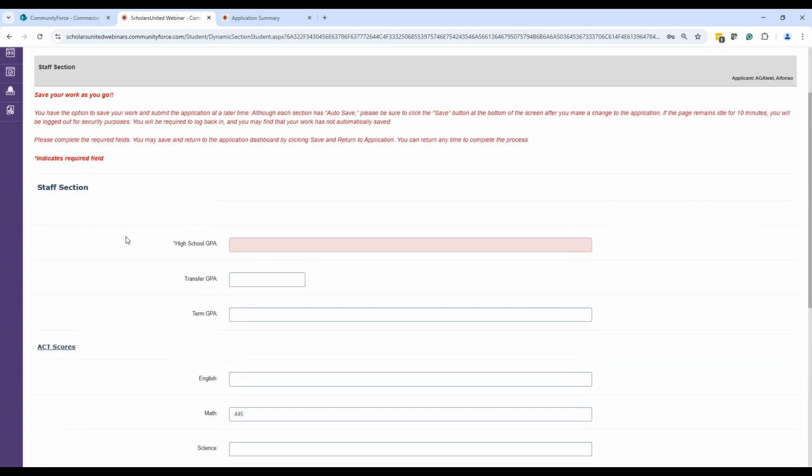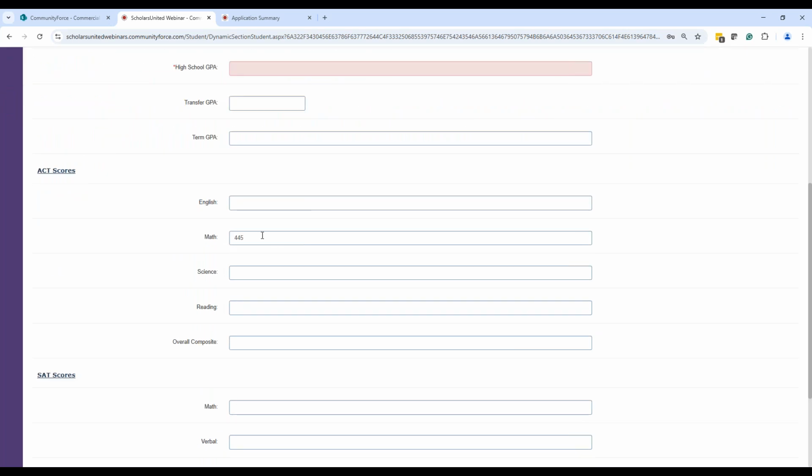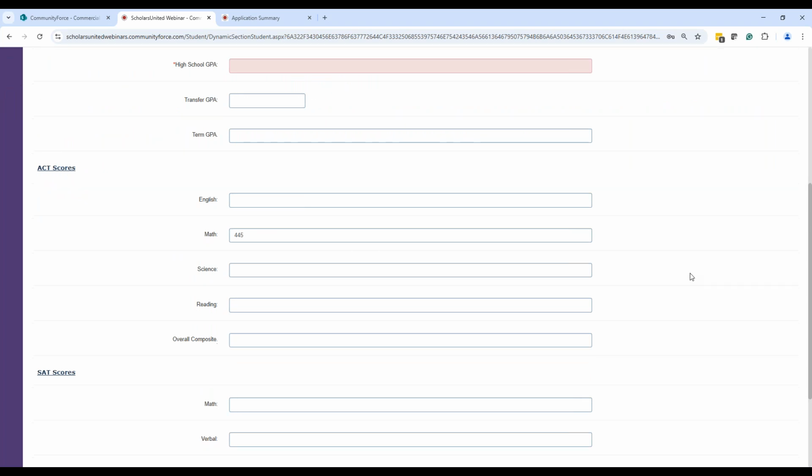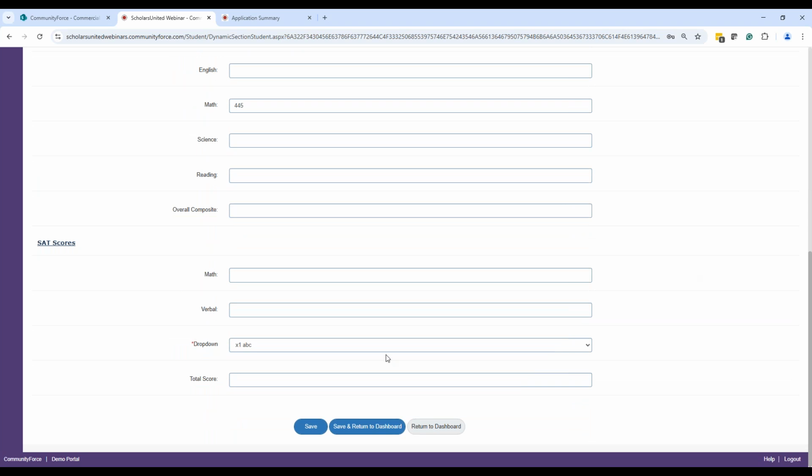And then as you saw, there are some questions that are being pre-populated based on questions that were answered in the application form by the applicant. And so those are going to be populated already for me, so I don't have to do so as part of the process. If I wanted to see how an applicant answered a question without having to go back, I can link it here in the staff section,